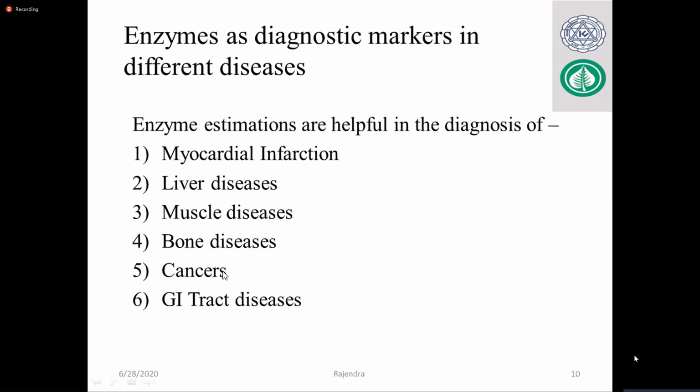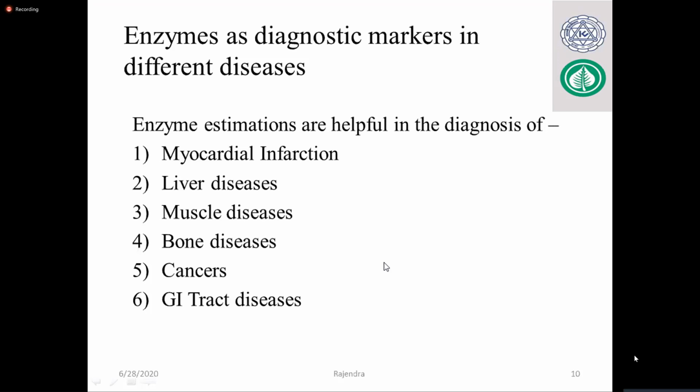Cancers, this is a very well known word by all, anyone knows cancer nowadays. GI tract disease, many cancers related to GI or ulcer, many diseases again related to the GI tract. These are the very big picture only. I'm not going to talk about individual diseases in this slide because it's just about the particular organ or system related to disease. And we can identify with the help of some biochemical markers which disease, where the disease is, how severe the disease is. We can identify, we can differentiate, we can manage with the help of these biochemical markers.